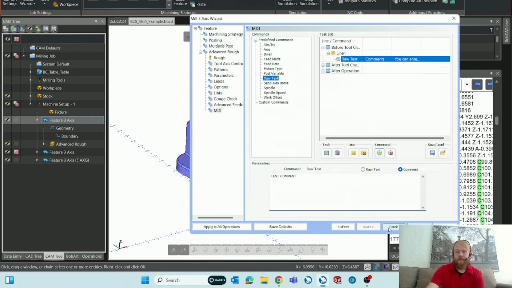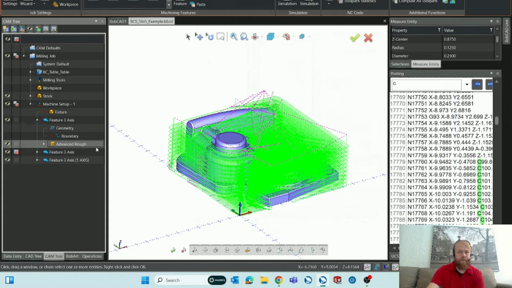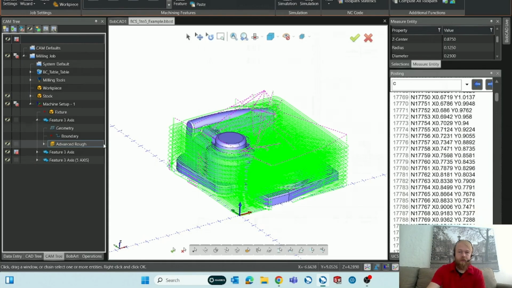And that's about it. I'm going to hit finish. I don't want to have to recompute all of that. I wonder if it adds that note in there, unless I have to compute it. But anyways, here is the toolpath in green for my roughing operation. I'm doing a depth of cut of 350. I'm doing a step over of 200. And after the roughing operation,